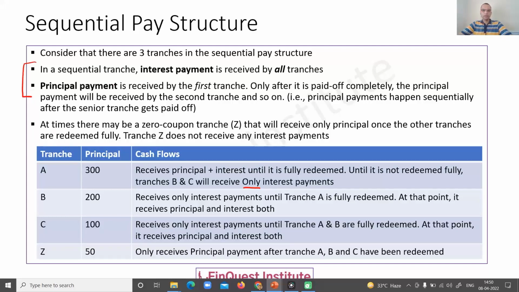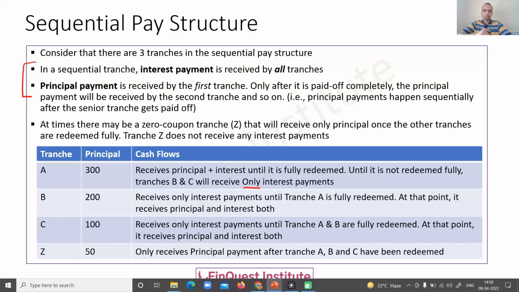So the principal of tranche A will be retired, then the principal repayments are directed to tranche B. Now, focusing on the cash flows for tranche B, the notional principal is $200. Tranche B will continue to receive interest payments, and the principal payments will happen only after the tranche A requirements have been met. That is, once the entire $300 principal on tranche A is met, only then will the principal payments on